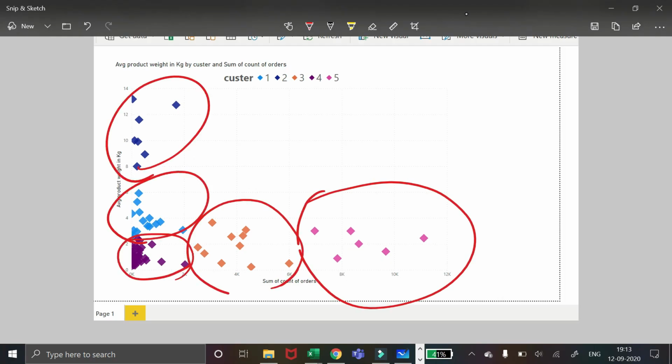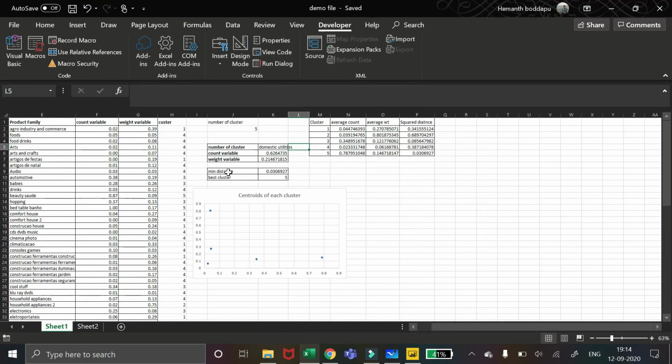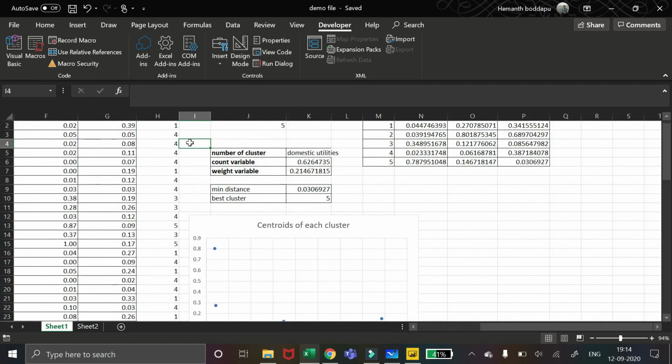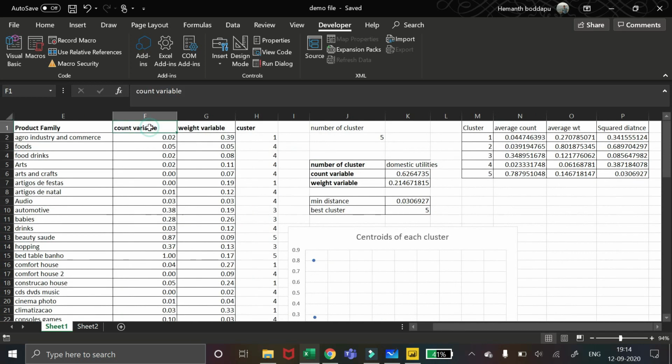We could completely do the clustering using the k-means algorithm. You can save this workbook as your template. The best advantage with k-means is the number of dimensions doesn't matter. Now I have selected 2 variables only here because it is easier for you to visualize. But in reality there will be more variables, maybe say volume or height, maybe an inventory turnover ratio can also be a variable. So let it be any number of variables, the logic remains the same.